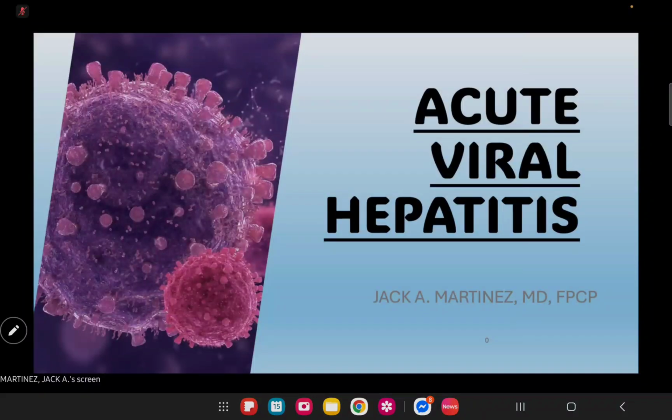Vaccine. I'm still using the 21st edition. And by the end of this lecture, you should be able to, number one, identify the major types of viral hepatitis. Number two, understand their pathophysiology, the clinical course, and the diagnostic features. And lastly, appreciate the differences in prognosis and treatment among them.